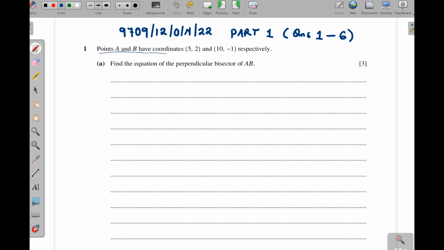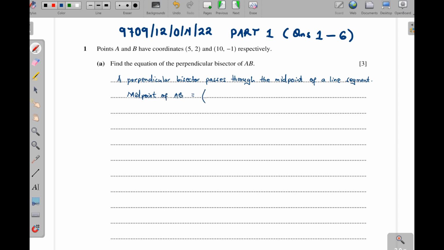Points A and B have coordinates 5, 2 and 10, -1 respectively. Part A, find the equation of the perpendicular bisector. Now we should know that a perpendicular bisector passes through the midpoint of a line segment. So therefore, midpoint of AB,